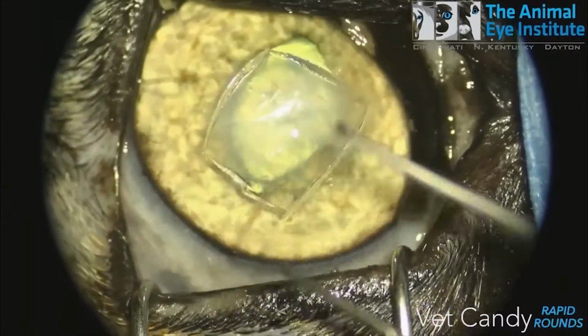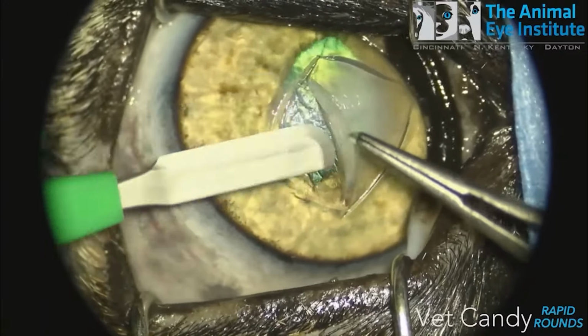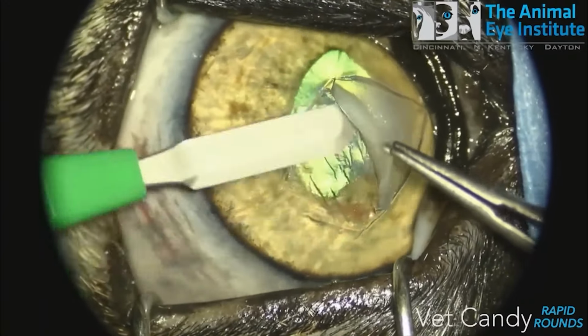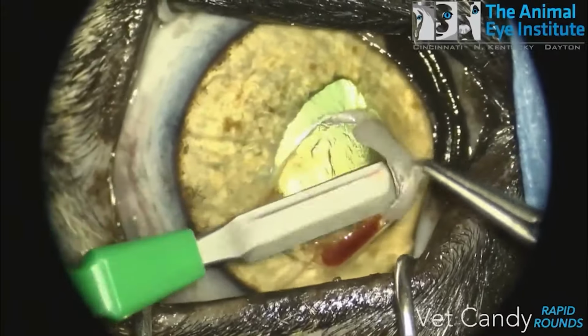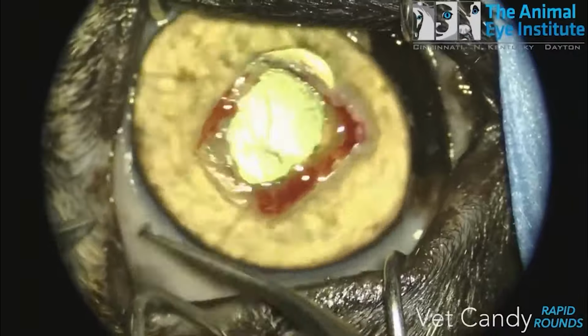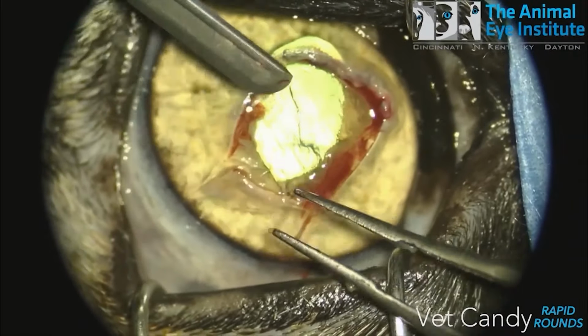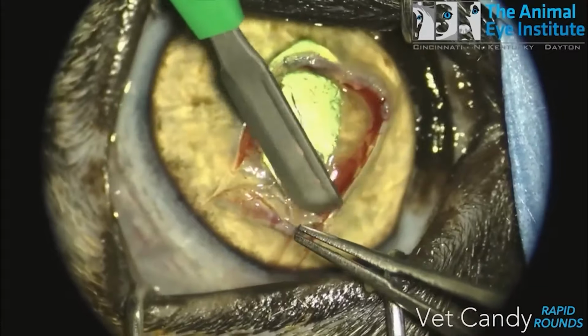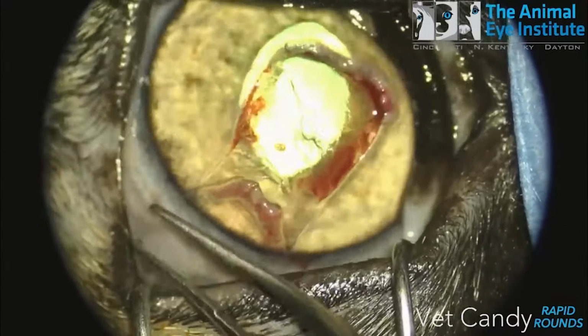So we're going to create our keratectomy here with the 64 Beaver blade. And we're going to remove this diseased surface of the cornea, this diseased epithelium, down into fresh corneal stroma. So we're going to remove this section here. Now we're going to create our graft, our CCT, by dissecting this about 50% of the way through the cornea,